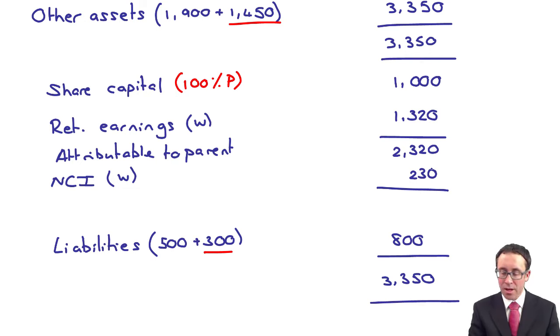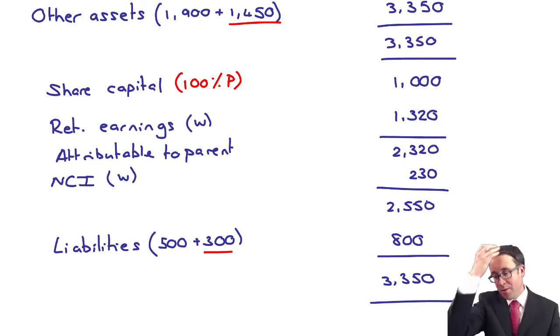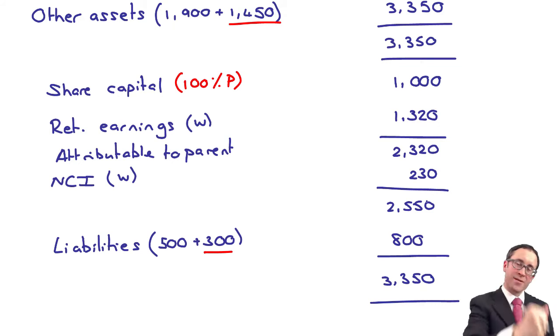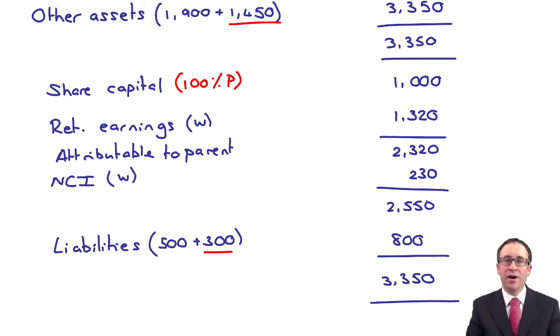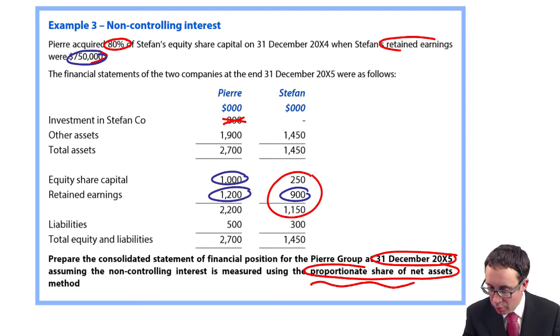Okay. If I add that to the 2320, does that give me 2550? And then when you add it to the 800, gives you, yes, brilliant, the 3350. You get a little glow, a little buzz within the exam when everything balances and it all works out correctly. Okay. So what we've gone through and done there with that example is worked it using this proportionate share of